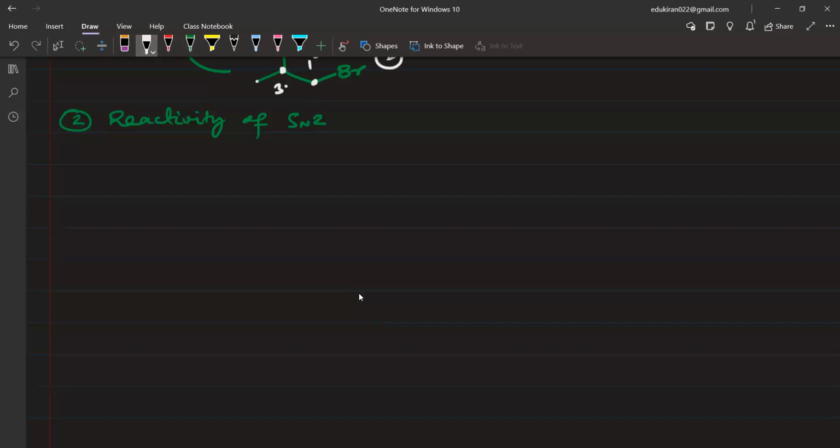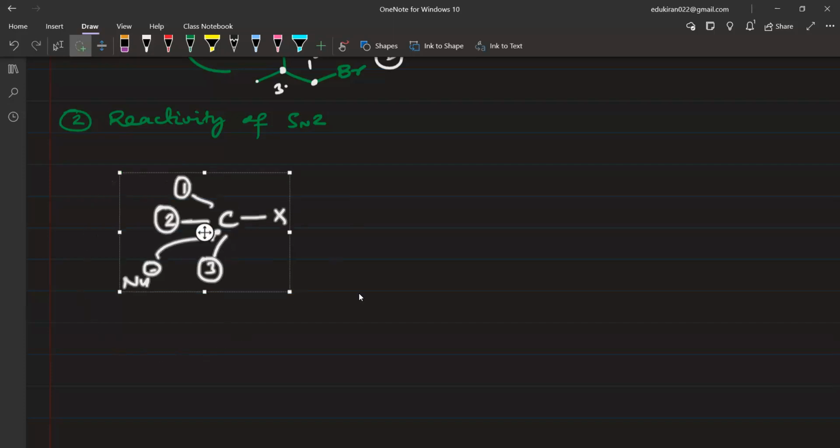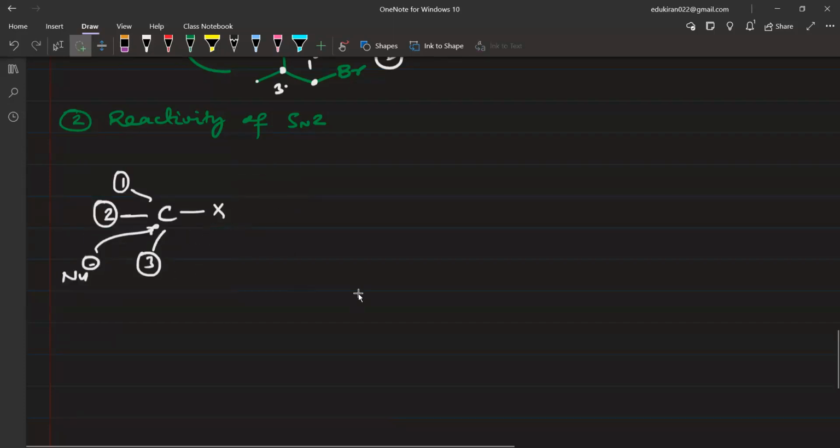Reactivity of SN2. Now in SN2, we have a backside attack, right? So in SN2, what happens? We have carbon attached with 3 groups, let us suppose 1, 2, and 3, and here we have a halogen atom. So the nucleophile is going to attack from the backside. Now the backside attack will be easy if we have small groups. If the alpha carbon has small groups, then only the backside attack is going to be easier. So you will write, since